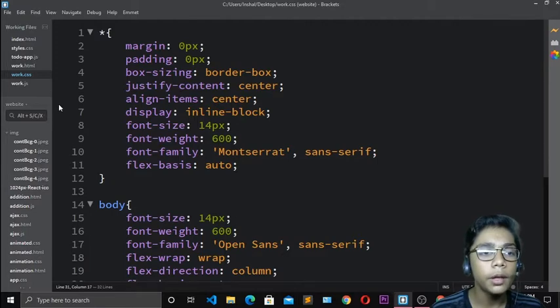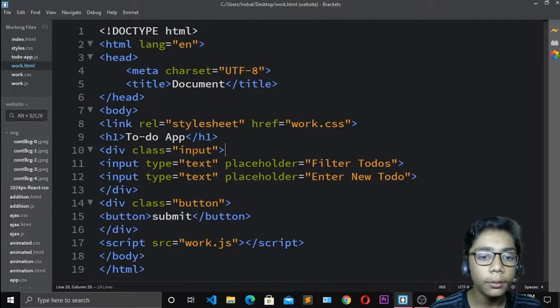Here we have to do work with our JavaScript. So first of all, I will go to my HTML file and check that my sheet is linked to JavaScript with the HTML sheet. Okay, so it is linked. So over here I will write all the code.